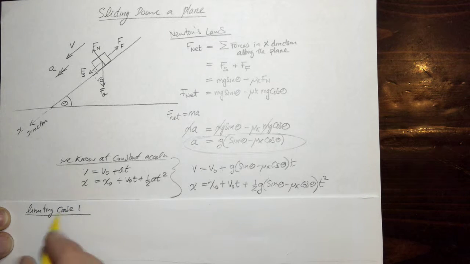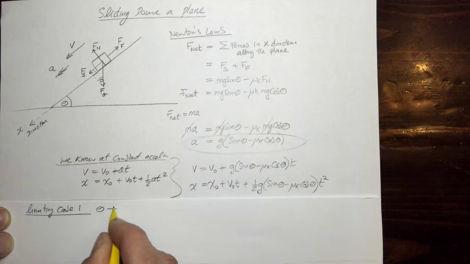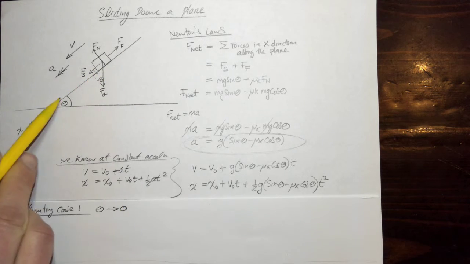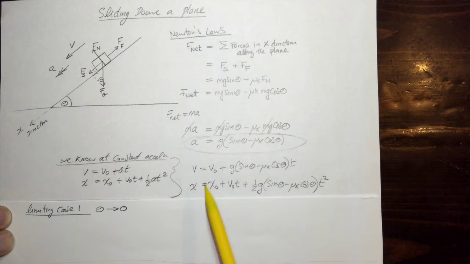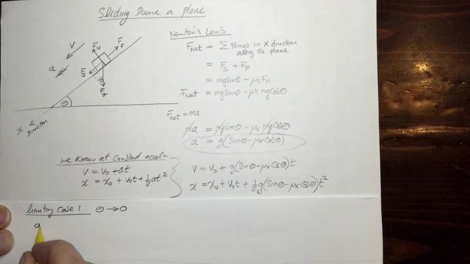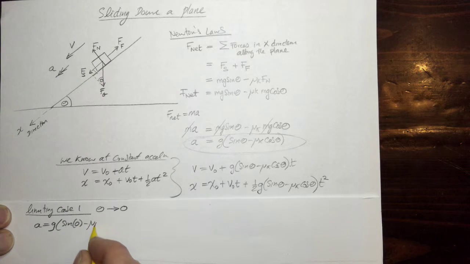Limiting case 1 is that theta tends to 0, which would be the case if instead of a slope we had a flat horizontal plane. So let's look at this equation here for our acceleration and find out what it becomes if theta equals 0. So now we can write that the acceleration equals g sine of 0 minus mu k cos 0. Sine of 0 is 0, cosine of 0 is 1, so this gives us